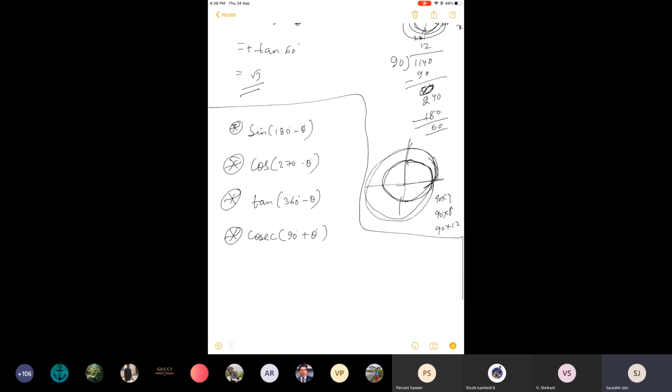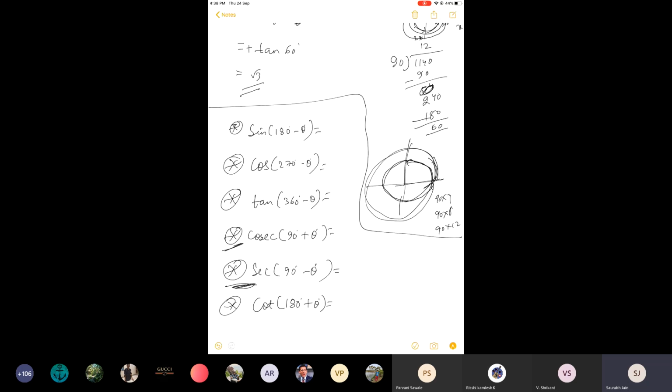I have written few of them. There can be others also. Like for 90 minus theta, there are six results: sec, cosec, sine. 90 plus theta, there will be 6. Then 180 minus theta, 180 plus theta, and so on. Okay. So it's not possible that we write all of them, but we can definitely find their values using the rules that we have discussed.